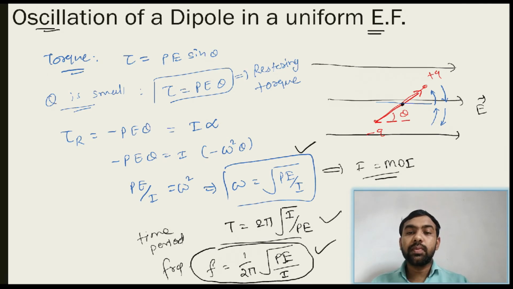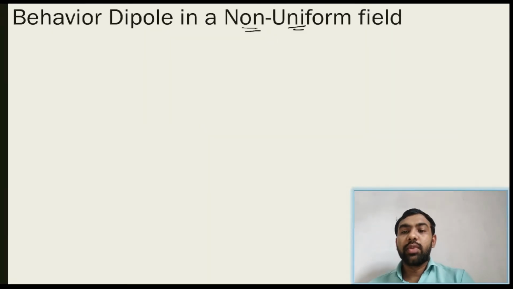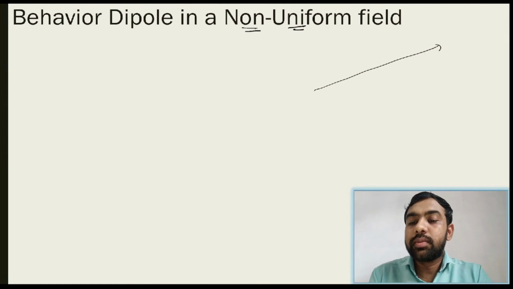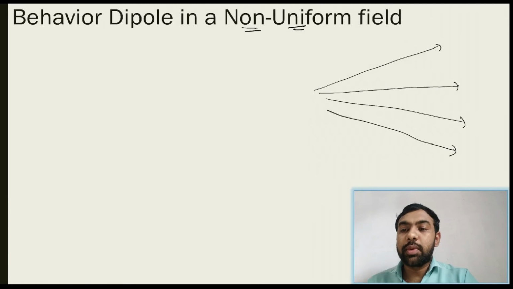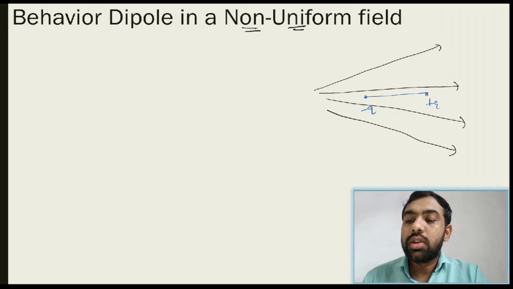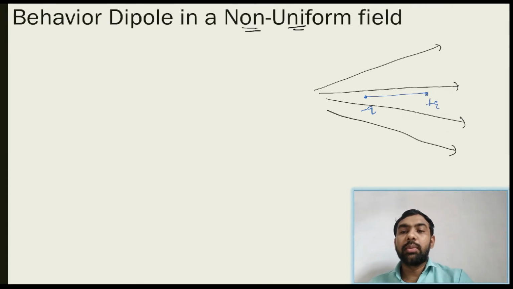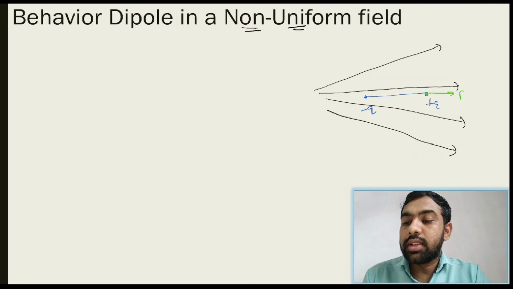Note it. Let's see the behavior of a dipole in a non-uniform field. So if you consider this type of field, then what happens? You just put the dipole here. So minus q and plus q like this. What happened here? See, suppose, depending on the situation, here the force applied is Fe equal to qE1,